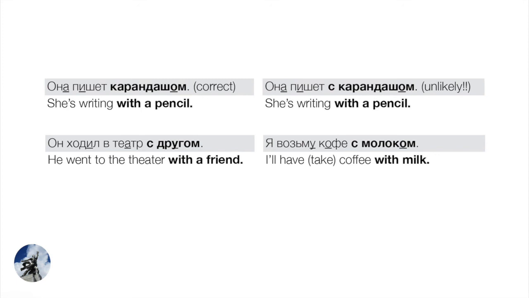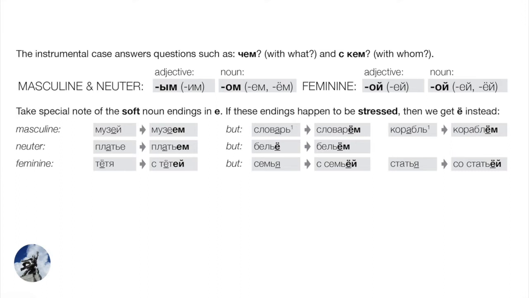Okay, let's look over the full set of the instrumental case endings for the singular, right? Adding now the adjectives for masculine and neuters, which behave the same in the instrumental case, as so often happens, right? Adjectives -ым, nouns -ом. Okay, meanwhile, feminines -ой, nouns as well -ой, right? So for feminines, nouns and adjectives are both taking the same ending. That's fairly straightforward. Okay, what are the variants we may see in these basic hard endings?